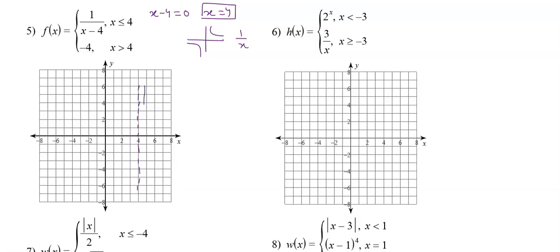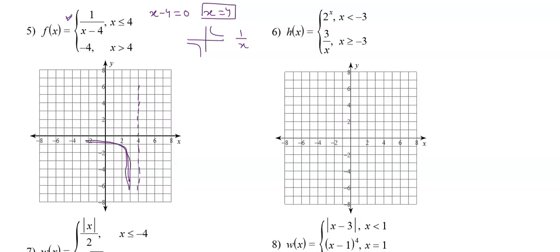No confusion. Now this first graph is defined only when x is less than 4. So we will not draw the right side of 4. We'll just draw the left side, right? That is why we remove this. So basically the first function is only this, with x equal to 4 as the vertical asymptote.